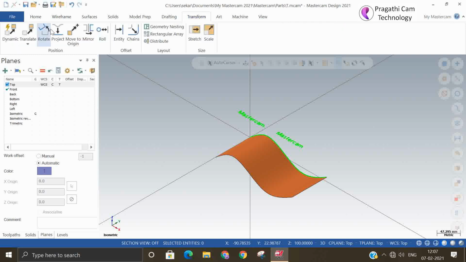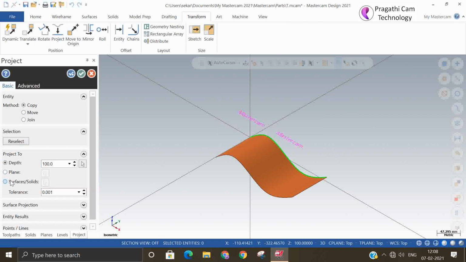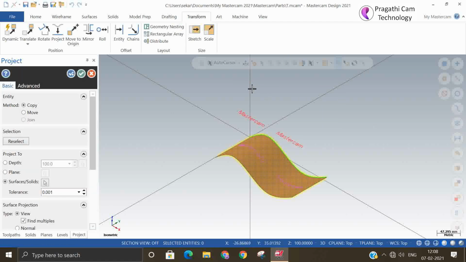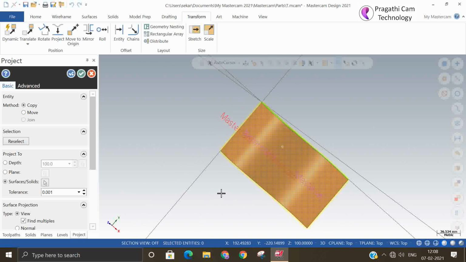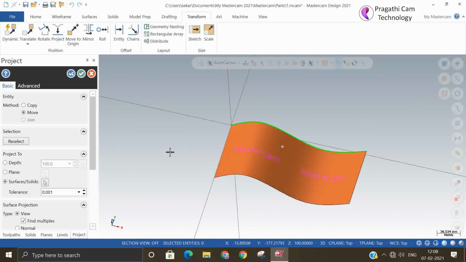I'll go here, project. I select this entity as a window entity, accept, and here I'll select this surface. You can see it is already projected. If you say move, then the original will be moved over that.